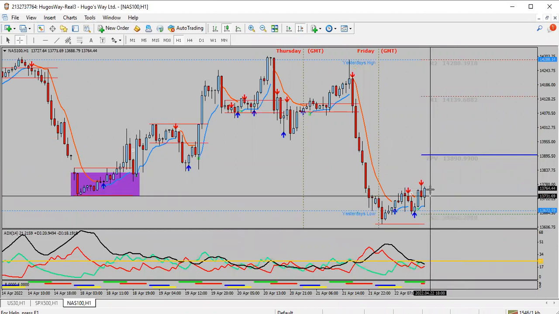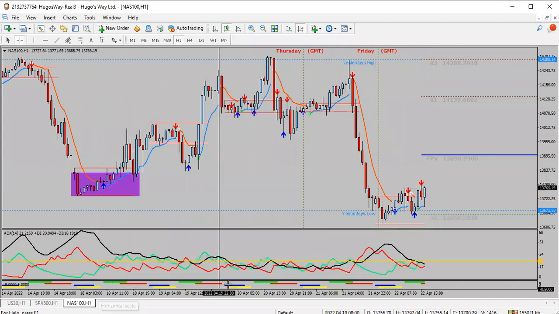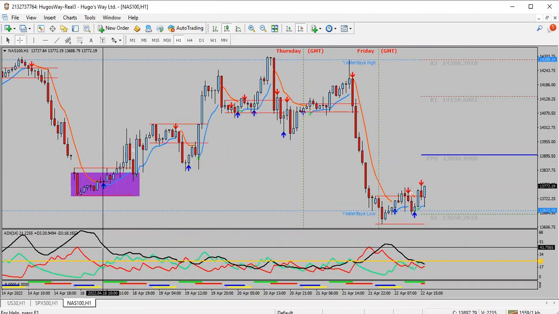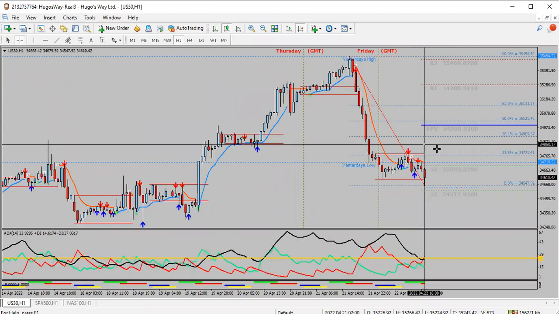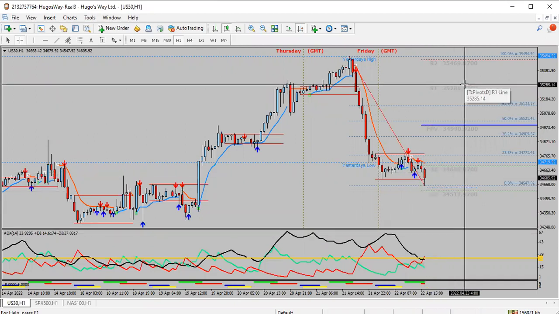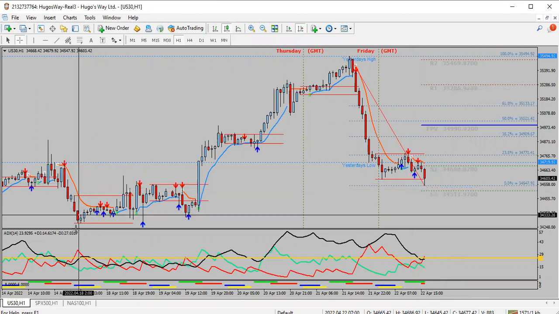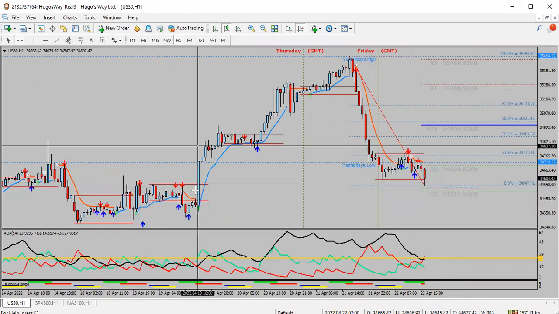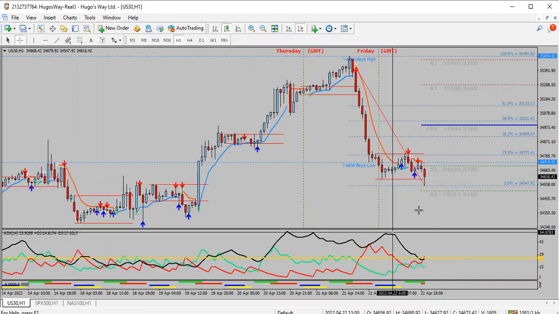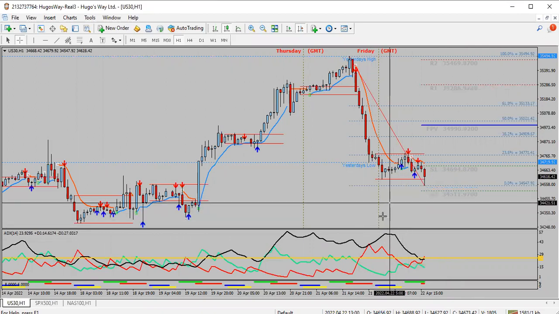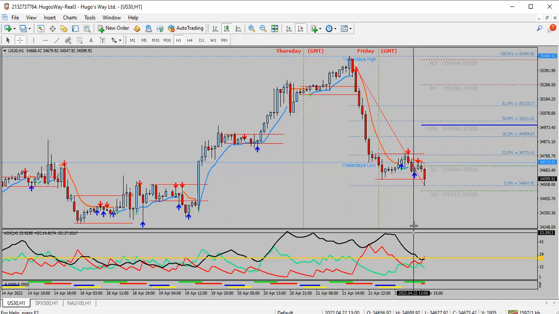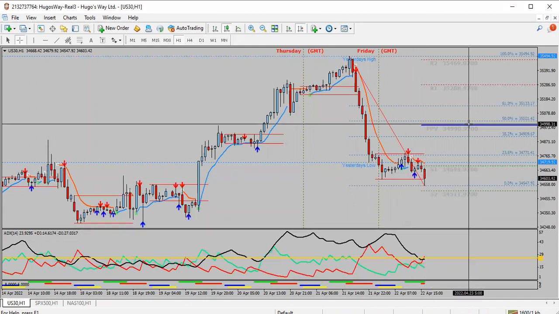Let me see. Nas looks like it wants to buy, because Nas already did what it needed to do. So in a sense, US30, I'm not gonna lie, it will probably try to push down first before it starts buying back up. Like I said, this area still needs to be filled. This open space down here is what they call liquidity, where money is just sitting down here. Eventually, some way, somehow, they need to push price down to this area before they start taking it up to the upside.